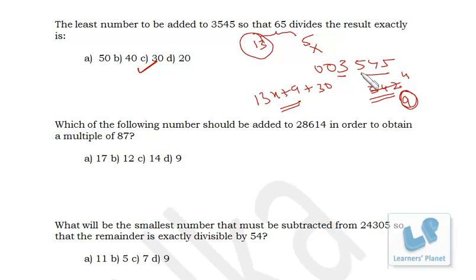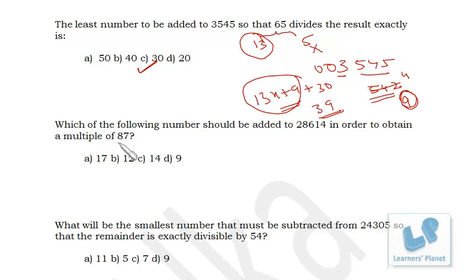Make sets of 3, 3 numbers. 545 minus 3, 542. So divide 542 by 13 to get the remainder. The remainder will be the same when you divide this 3545 by 13. Right? So here we are getting the remainder as 9. So this number is actually in 13x plus 9 format. So if you add 30, it will be 13x plus 39 format. So 13x plus 39 is definitely divisible by 13. So 13x plus 9, that is 3545, plus 30, if we add, the complete number becomes divisible by 13. Okay.